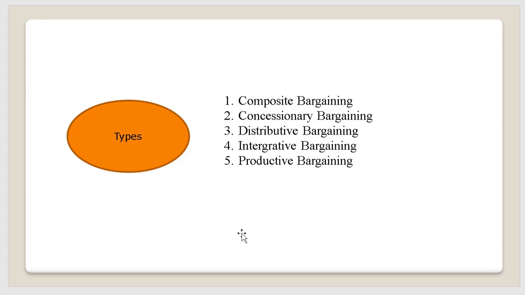And the next point is distributive bargaining. Here it's about benefiting one party at the expense of the other, like the bonuses, salaries and other financial benefits they will be discussing in these bargainings. And next, the fourth point, integrative bargaining, is also called win-win bargaining, where each party tries to bargain for their benefits. Next, it's productive bargaining. It's directly related to the productivity of the employees and their compensation or the pay of the salaries. So these are the types.